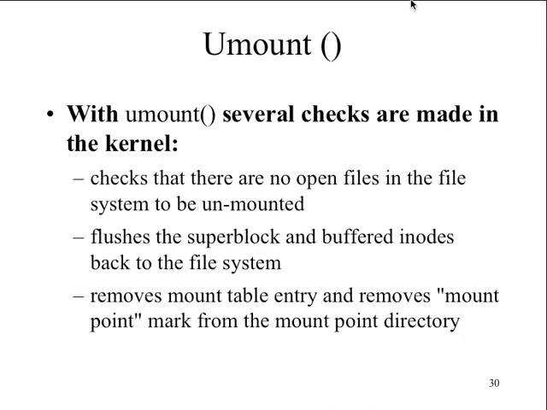So the unmount does consistency checks, checks the kernel, checks for any open files, closes them, hopefully, flushes out superblocks, flushes out buffers, cleans up the memory, cleans up the inodes, writes the inodes back to the file system, removes the mount entry from the table so we don't think it's open anymore, and removes the mount point mark, so it cleans it up, makes it smaller so we have fewer mount points to actually work with. So people who have a tendency to put disks in, take disks out because they're so used to Windows,